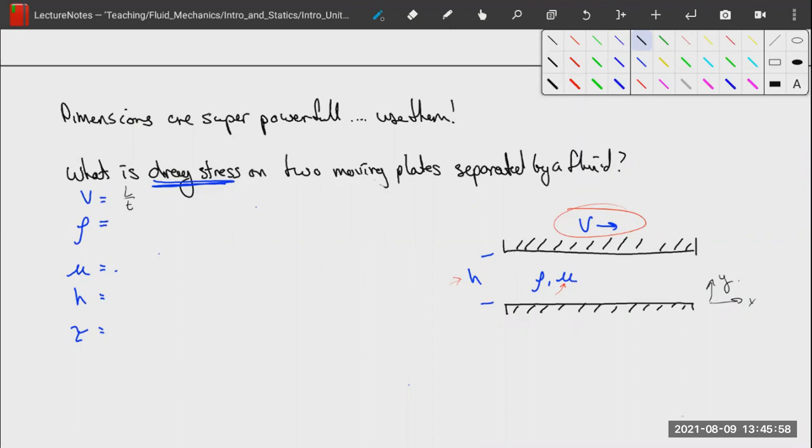We're just going to use the generic symbols for these, so length and time, L and T. Density is mass per length cubed. Viscosity is mass per length time. A height is obviously just a length. And tau, our shear stress, is... I'm going to pause here